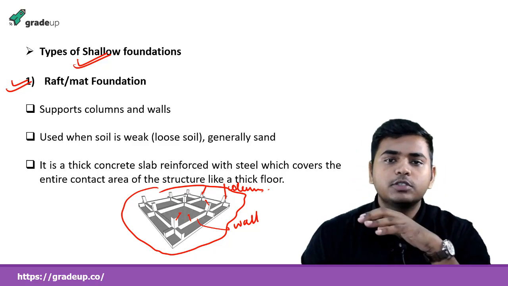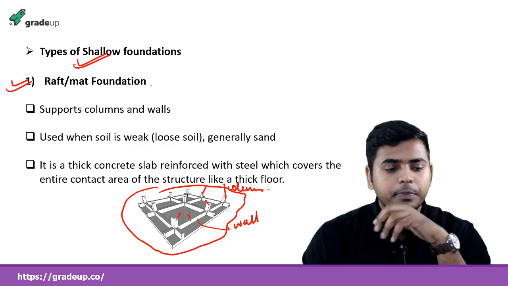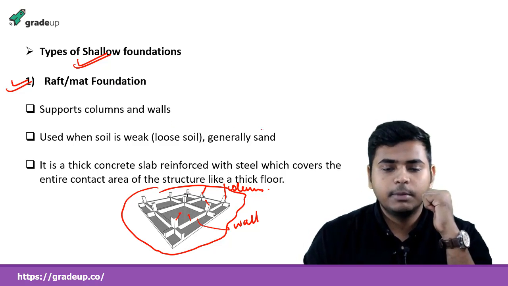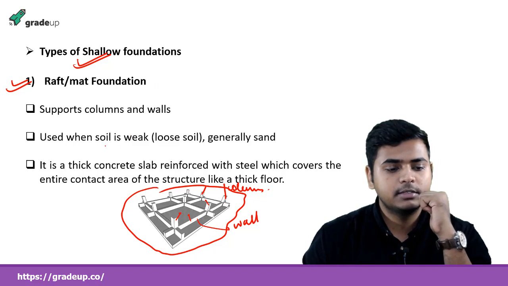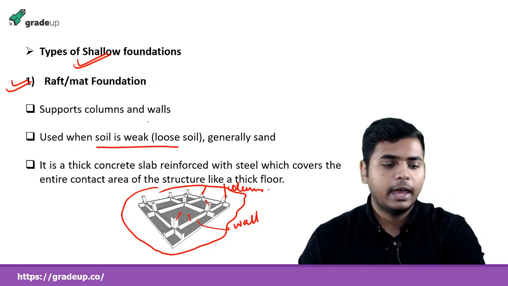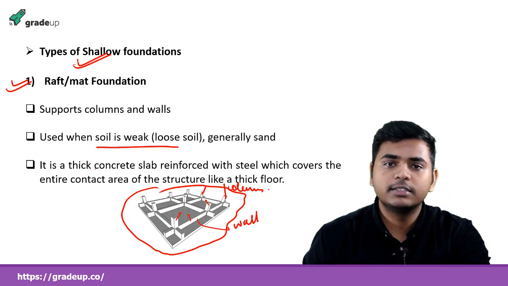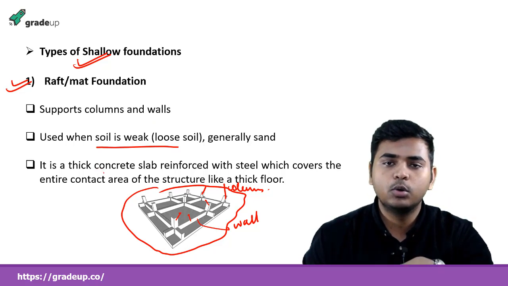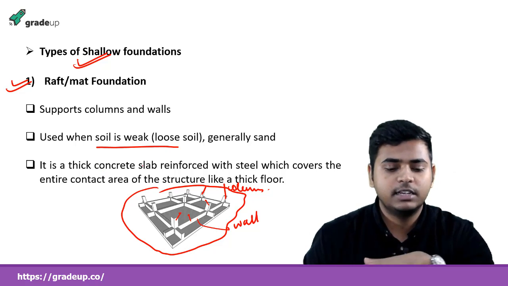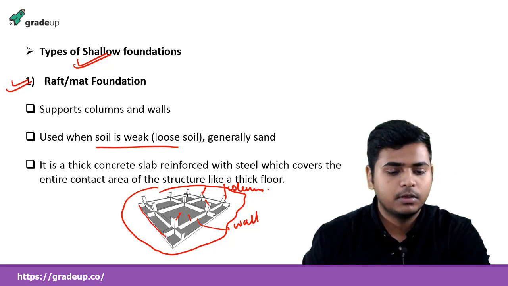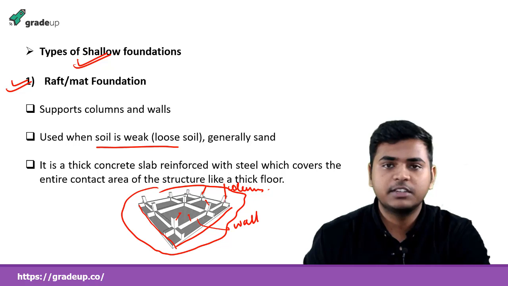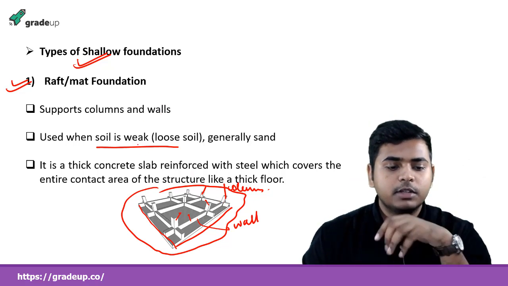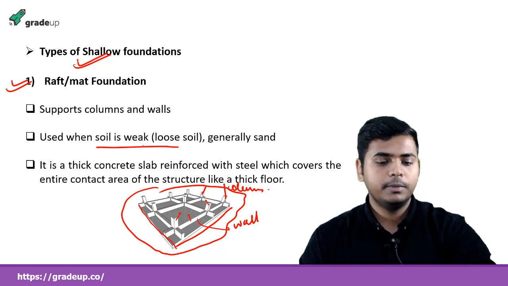Now this is used to support the columns and the walls, okay, and generally used in soil which is weak or loose, and generally it may be sand. So you have to remember this is used for weak soil, and as I told, it consists of a thick concrete slab which actually transfers the whole load of the superstructure over a larger area. Okay, so the area becomes large, effective area becomes large, and naturally it is used for weak soil. Okay,